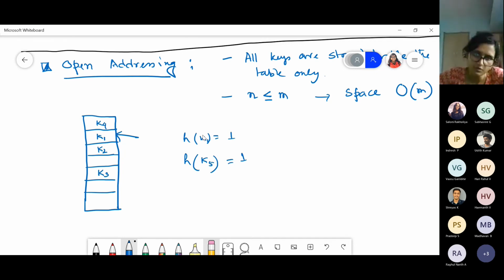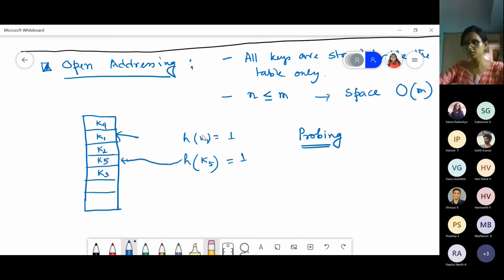Now if K5 is also 1, so first I shall try to store it into this first slot, but first slot is already booked, then we have to probe. So in open addressing there is this probing. Probing means you have to investigate through the hash table to find what is the next empty slot in your table. So here what is my next empty slot? This one. So here I am supposed to store my K5. So although H of K5 is equal to 1, it is stored here.